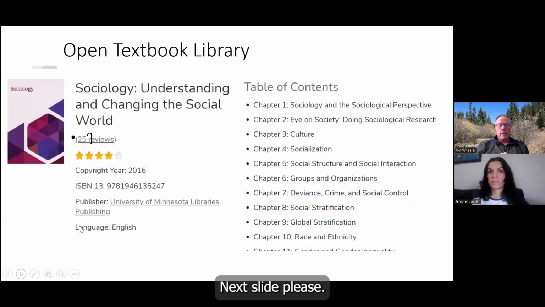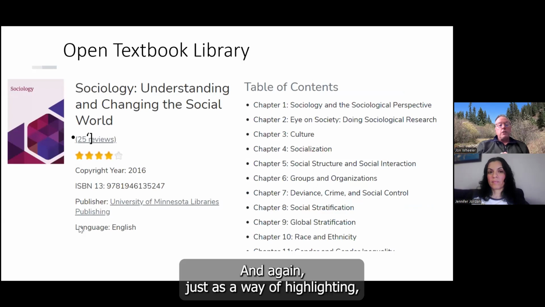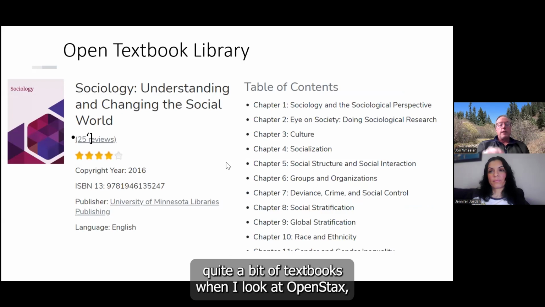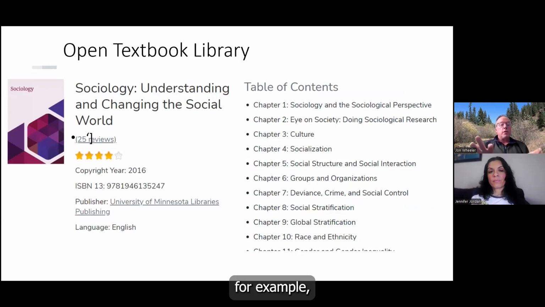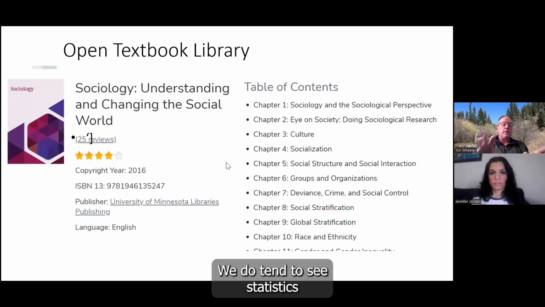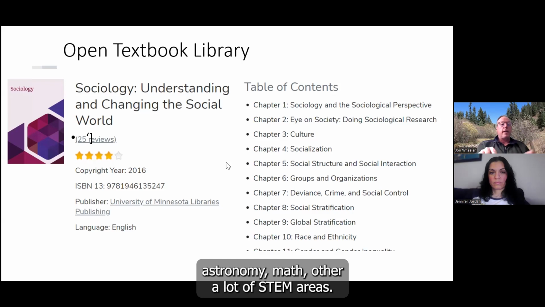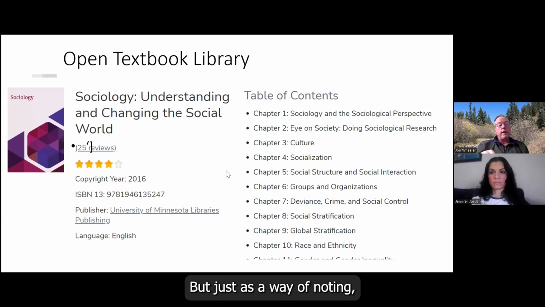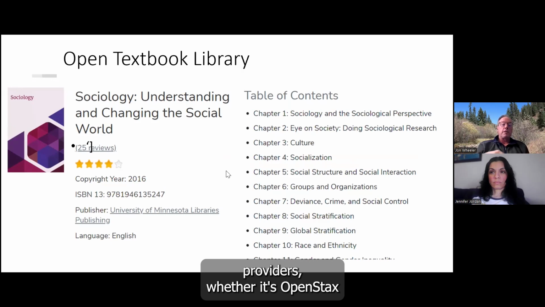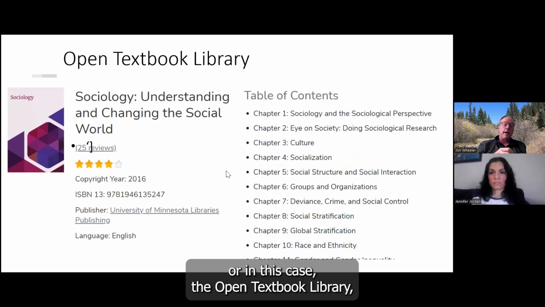Next slide, please. And again, just as a way of highlighting, there's quite a bit of textbooks. When I look at OpenStax, for example, I know they have textbooks from across disciplines. We do tend to see statistics, astronomy, math, a lot of STEM areas, but just as a way of noting, the humanities are represented within these textbook providers, whether it's OpenStax or in this case, the Open Textbook Library, which